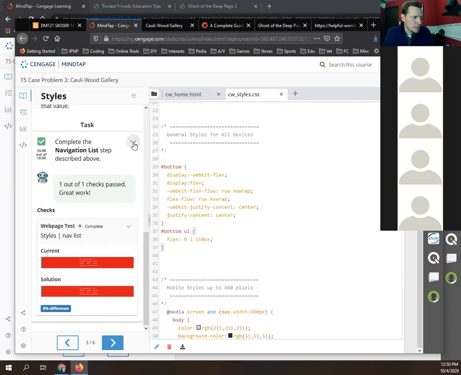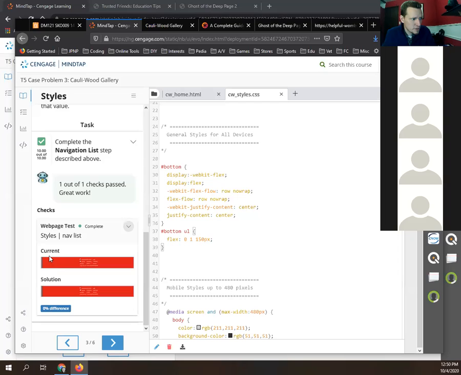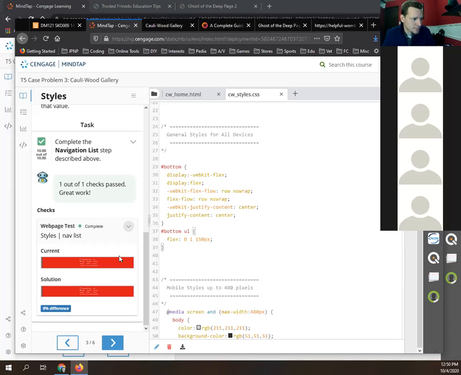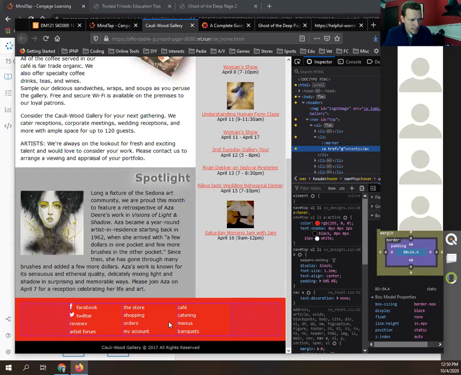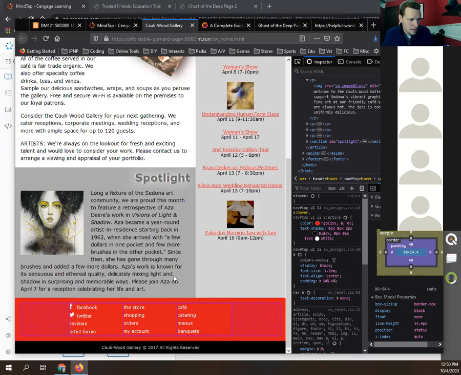So I opened up this checkbox area that said I didn't do it right. And then I opened up the viewing panel and it showed my current page, what it looks like, and then it showed what the solution is intended to look like. And you could see that they were different. Okay, mine looked like this. Okay, and the reason mine looked like that and theirs didn't is because